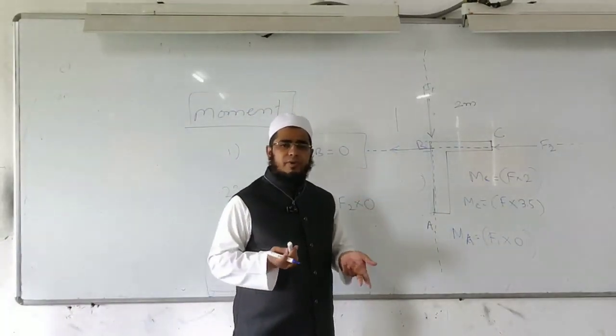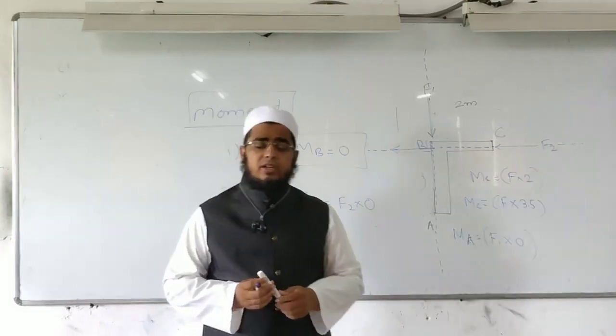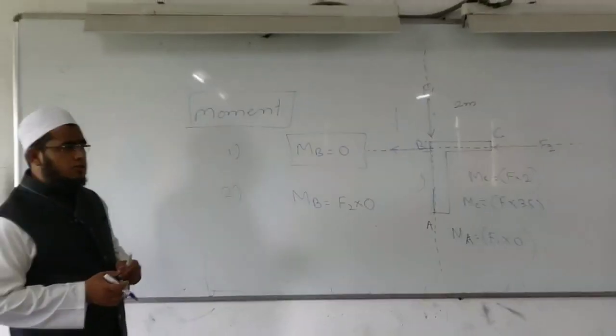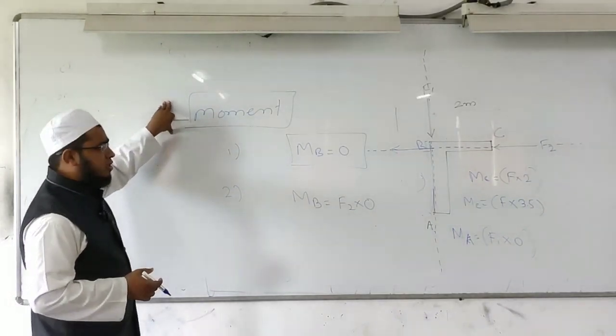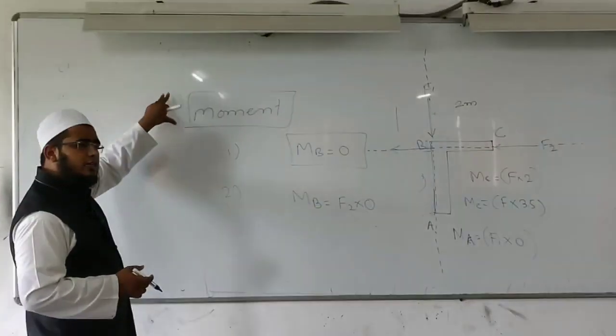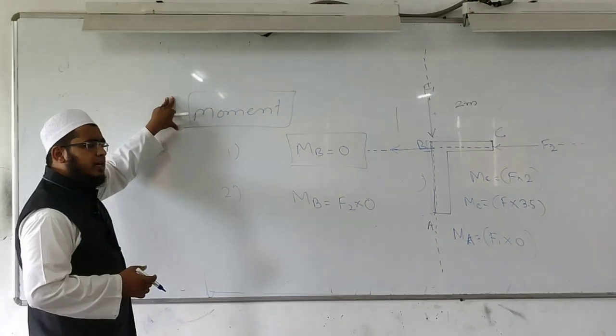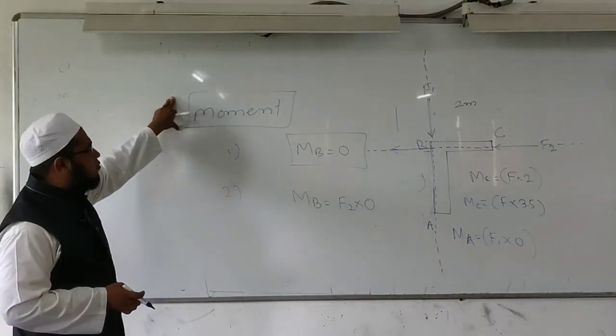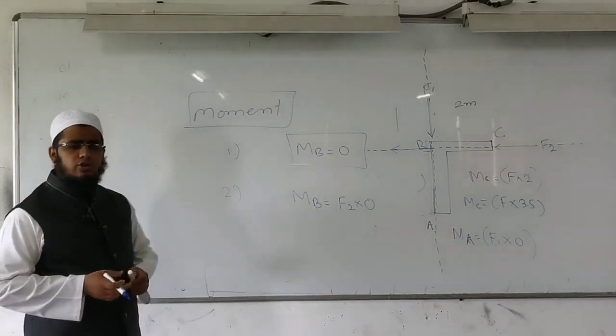If it is cutting the moment center, then the moment due to that force is 0. So the moment is the product of the magnitude of the force and the perpendicular distance from the moment center. As moment purely produces a rotational effect,